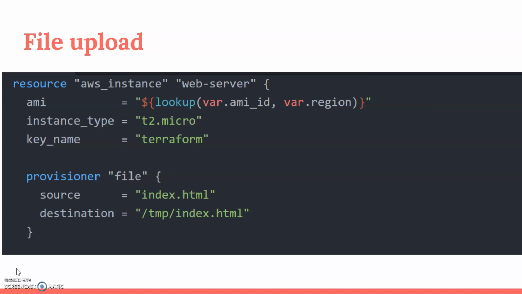So file upload. How do we upload a file to a remote server? The provisioner will be used for the file upload. In the provisioner, I have used a file, and you can see the source and destination. There are two things where I am passing my source file to the destination location. So I'm passing my file to the destination location, where you can use your script on your remote server. Then you can configure your script over the server.